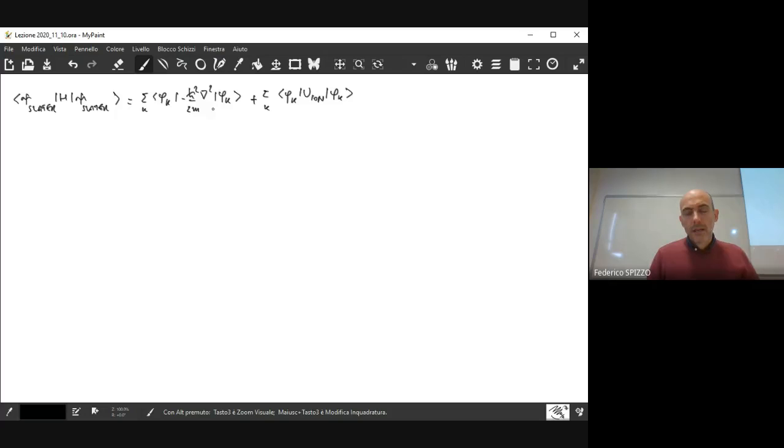So there was the kinetic term, one body, and the interaction with the ionic potential. Also, that is a one-body operator because we consider just one electron at a time. And then we have the